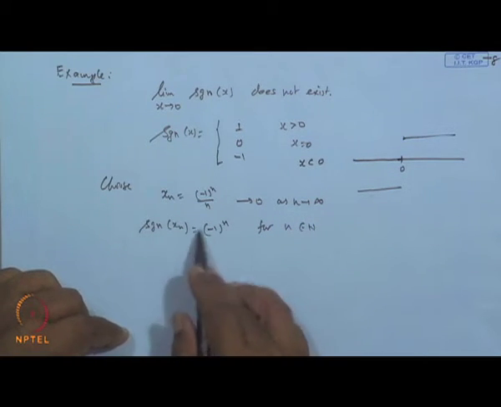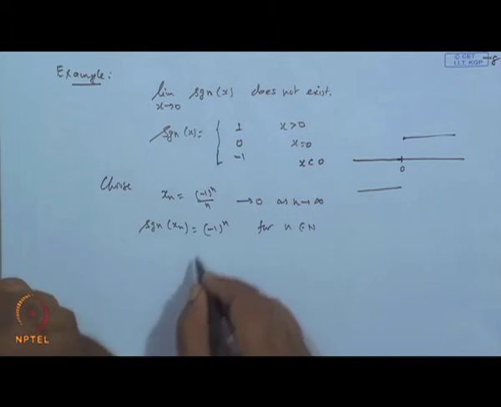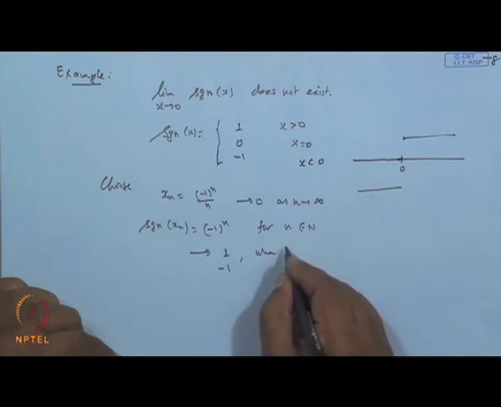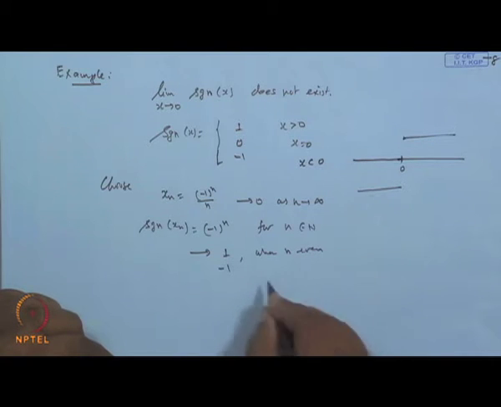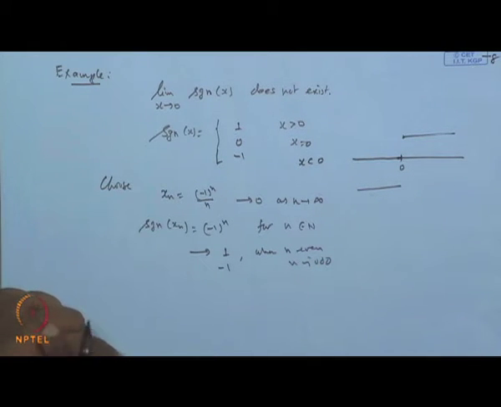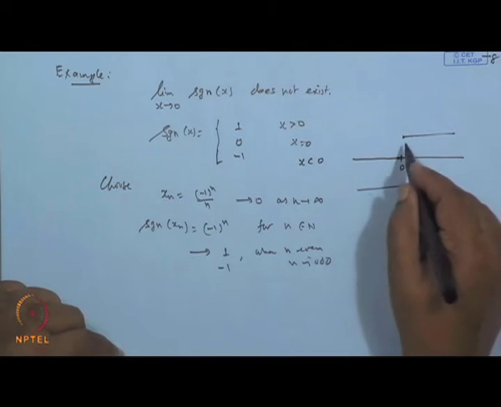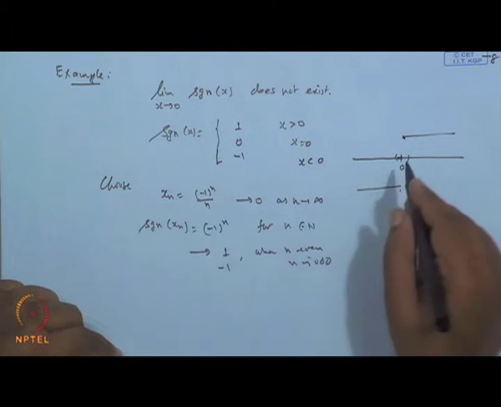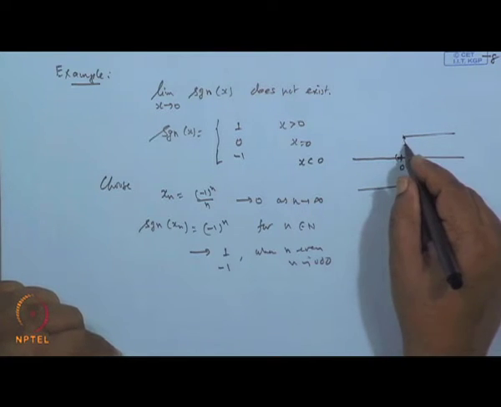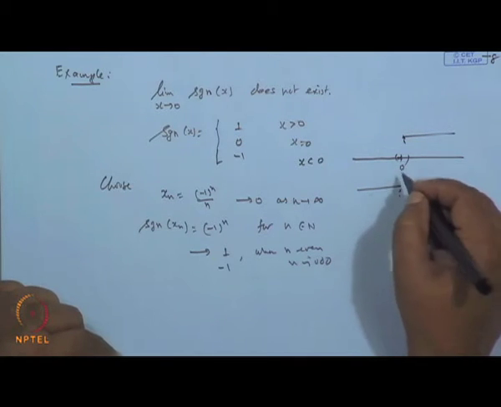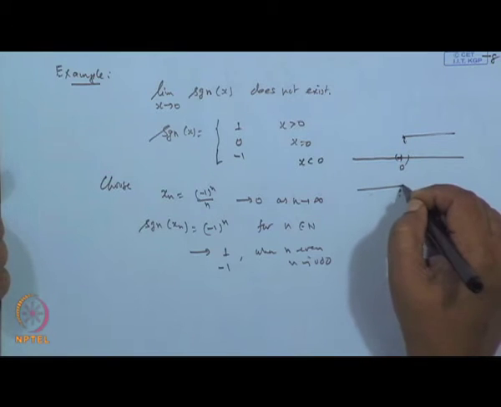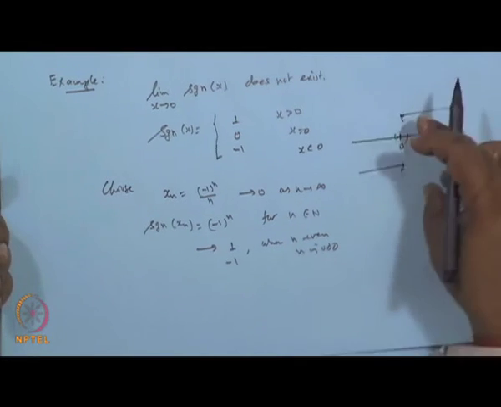Now, the limit of this does not exist, because it varies. When n tends to infinity, it goes to 1 as well as minus 1: the terms go to plus 1 for even n and minus 1 for odd n. So, near this 0, there is a variation of 2, and a variation of 2 cannot be less than epsilon. I choose epsilon to be half. How can the variation be less than half? When the variation is from minus 1 to plus 1, it is exactly 2.